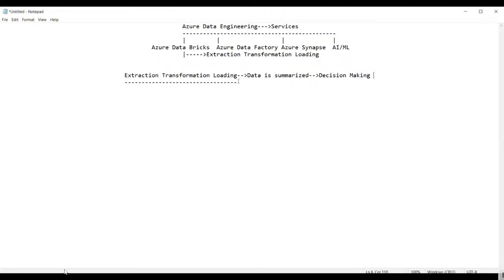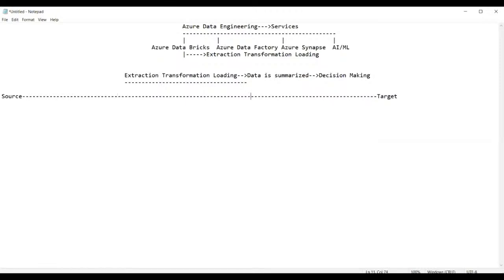This process of extraction, transformation, and loading basically requires the following: a source, and the next one it requires is a target. Now, what is a source and what is a target?